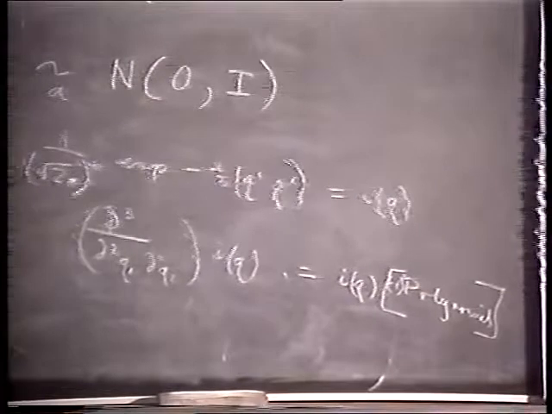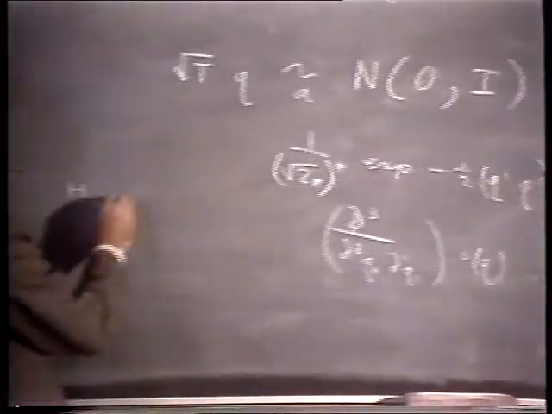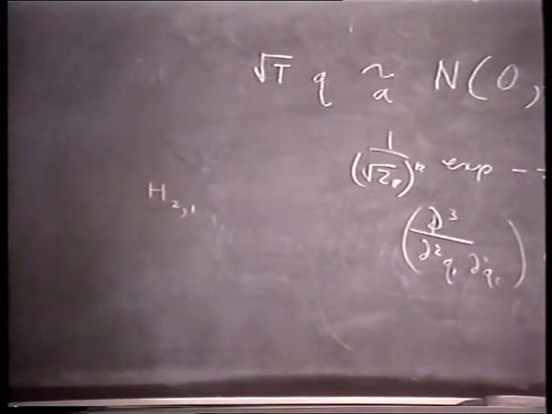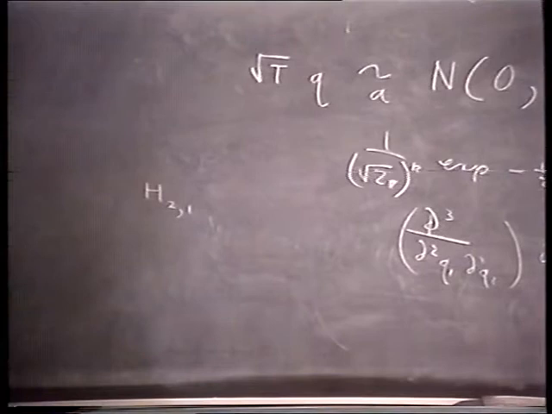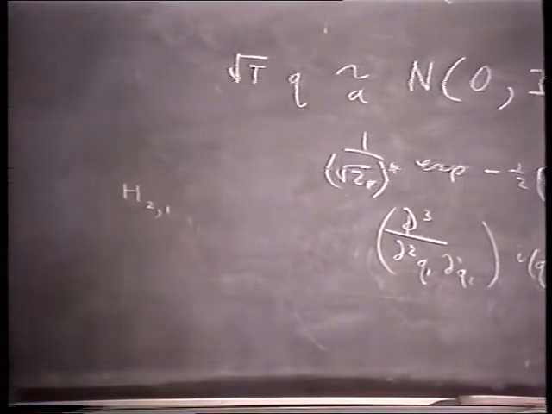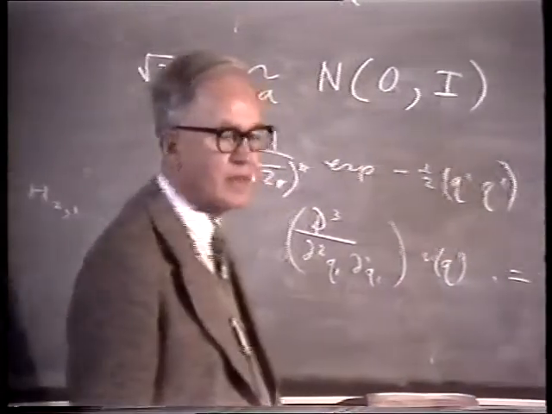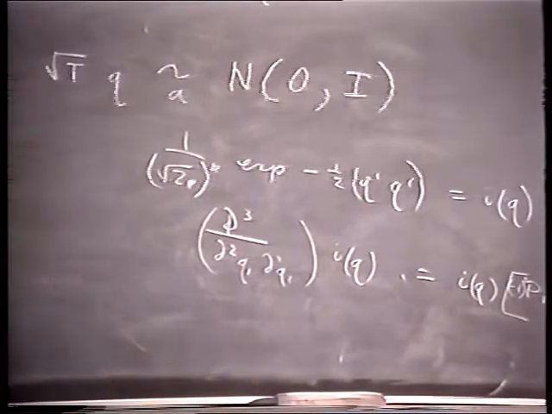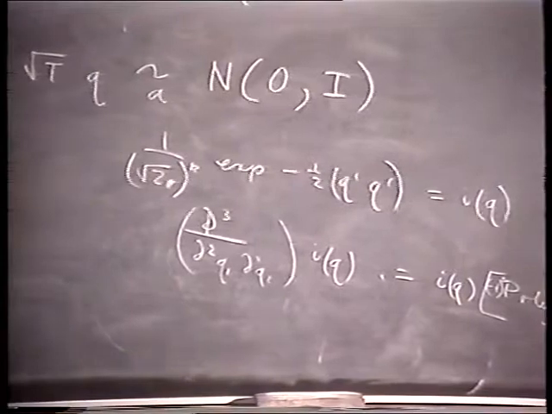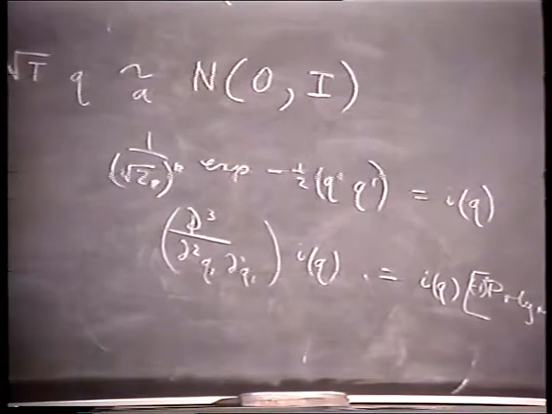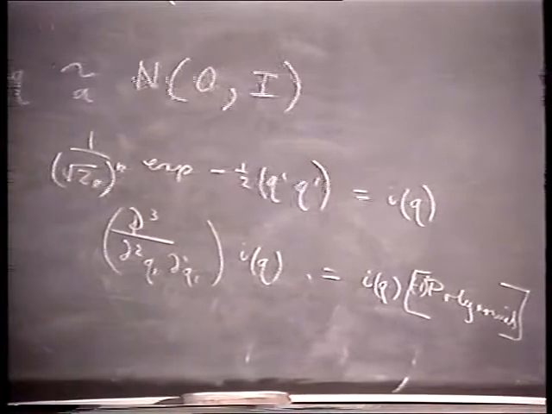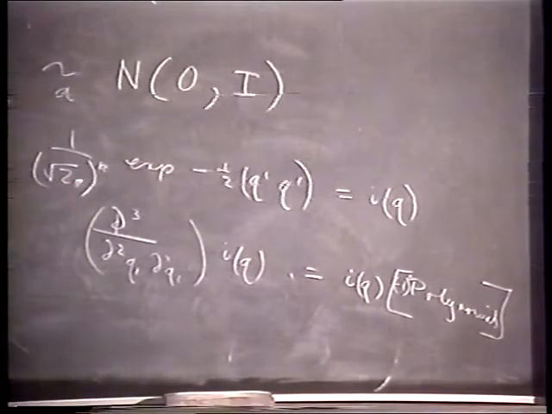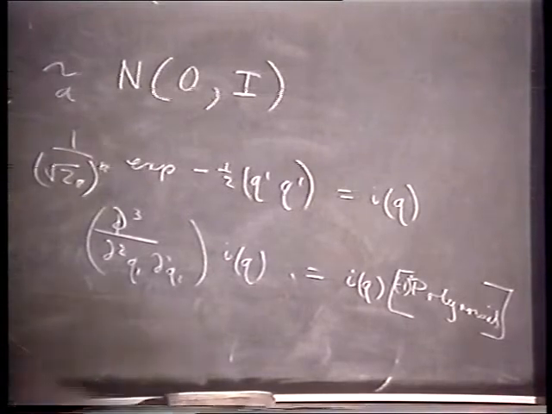I mean, a natural notation is just something like h21, because you differentiate it twice with respect to the first and once with respect to the second. Okay, so in that way you can define multivariate Hermite polynomials, and the general Edgeworth approximation is obtained by taking a linear combination of such expressions,